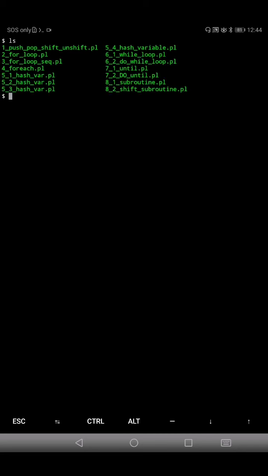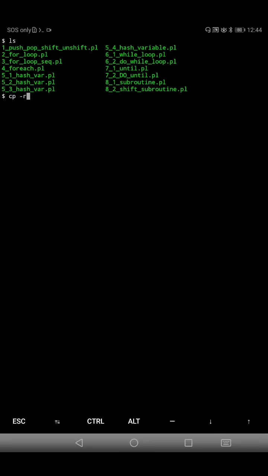Welcome. In the previous session we had seen how to use the shift command for shifting the argument to the inside variable in the subroutine function definition and function call. So now in this program we are going to write the same subroutine function definition and function call, but here we will be using one special variable, which actually calculates the number of arguments passed. Okay, so we'll see how to write the script for that.